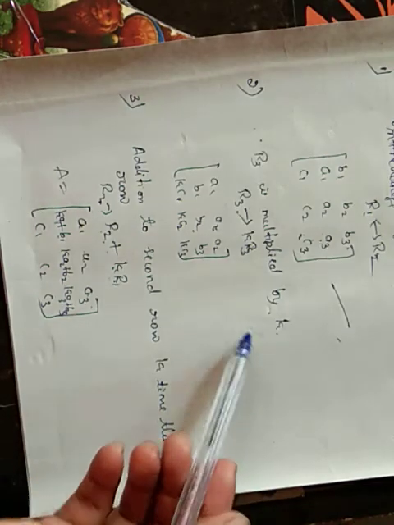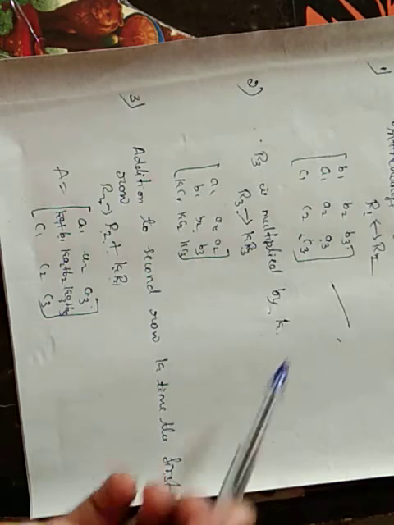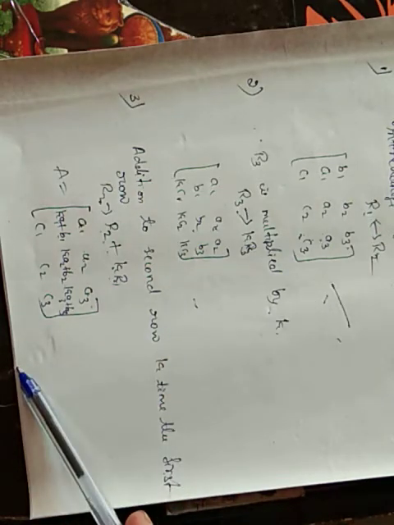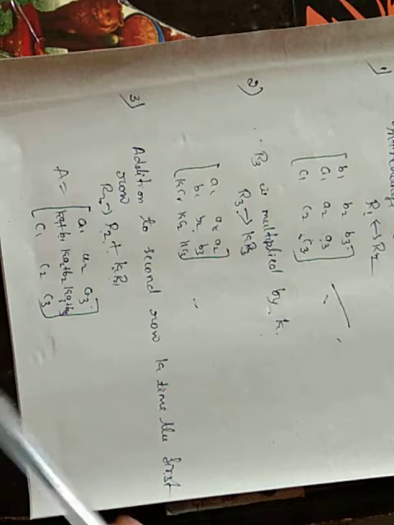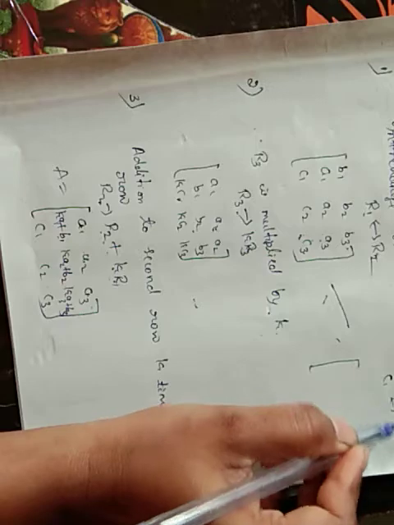These three main rules will help us in finding the rank of a matrix. That is the row transformation. Similarly, we can make the same transformation to the columns also. Interchange of any columns: suppose C1 interchanges with C2.